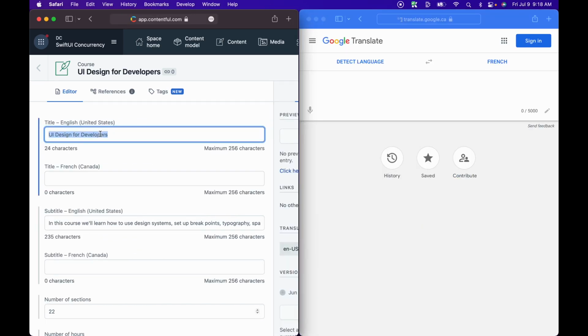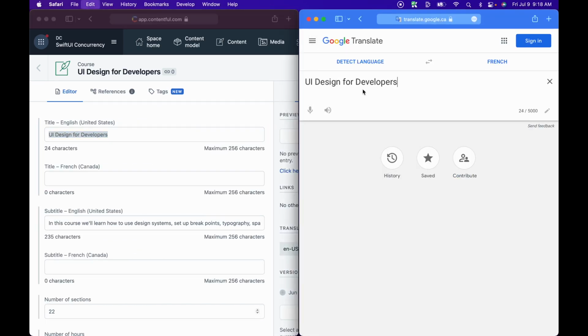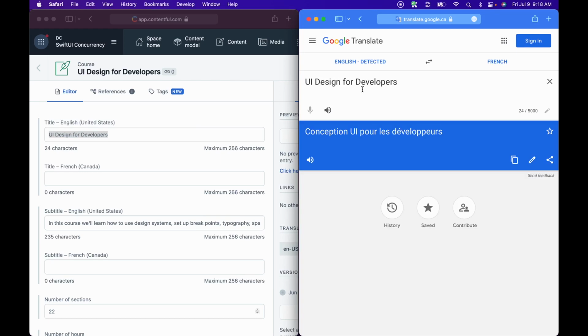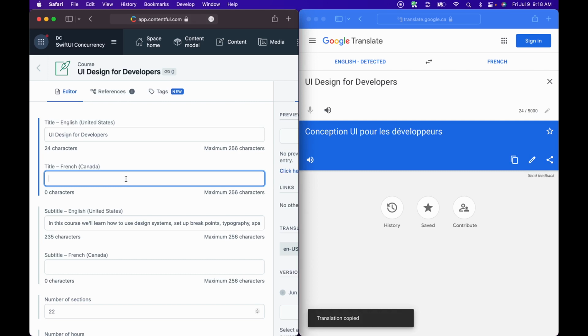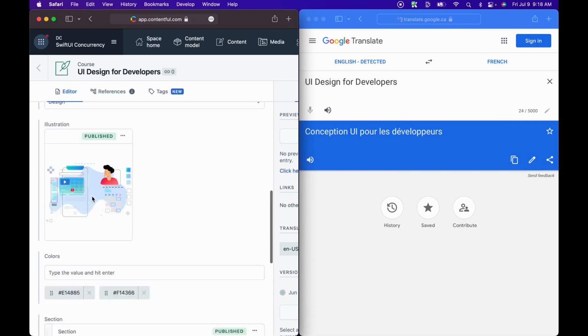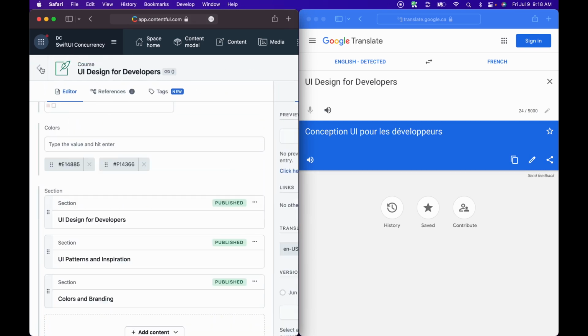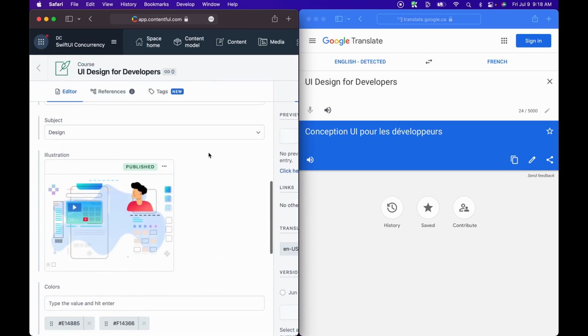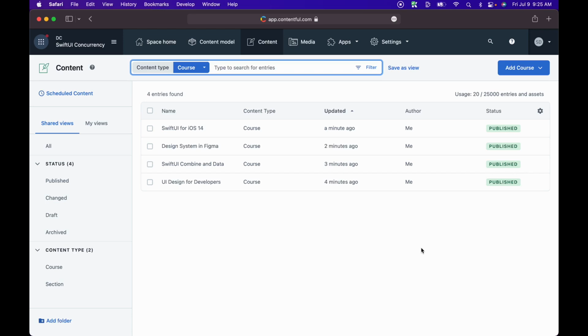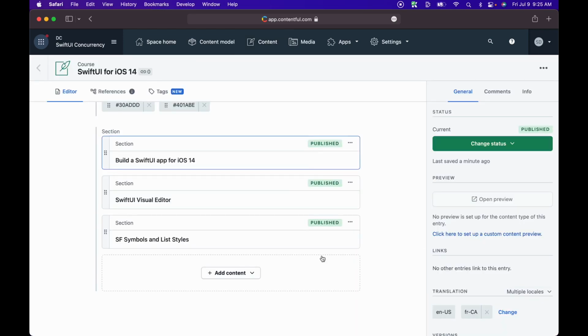I'll simply copy the English title and then paste it in Google Translate, or you can use another tool that you want, and copy the text and paste it back in the French field. You need to do the same for the subtitle, as well as each section that we added to Contentful. Don't forget to also do it for all the other courses that you have in Contentful, so that localization works in your application. Once you translated everything, make sure that all the courses are published, as well as all the